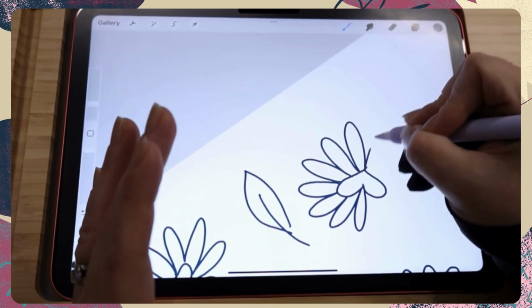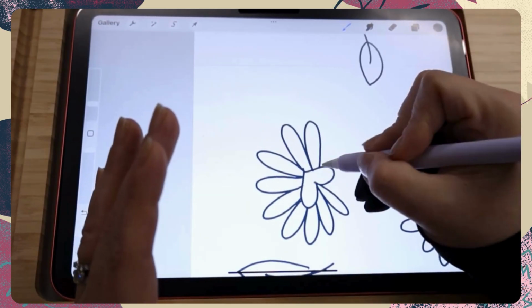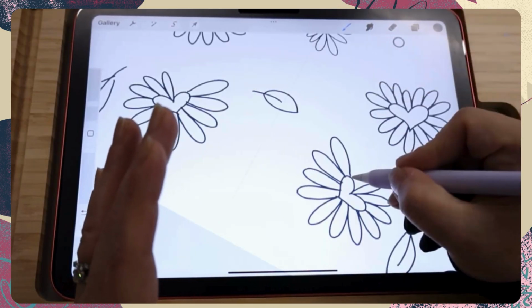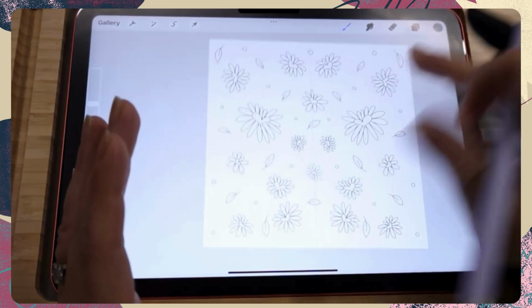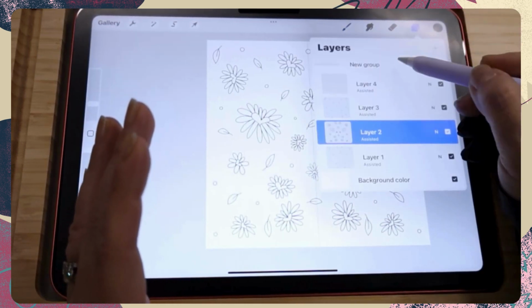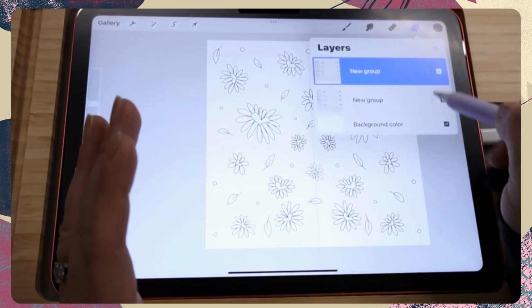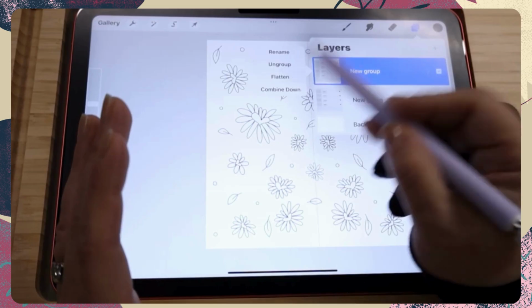I'll just do this real quick because I don't want this video to be too long, just to kind of show you what I mean. I'm not even going to fix that. And then again, close this group, duplicate the group, turn that one off, flatten this one,